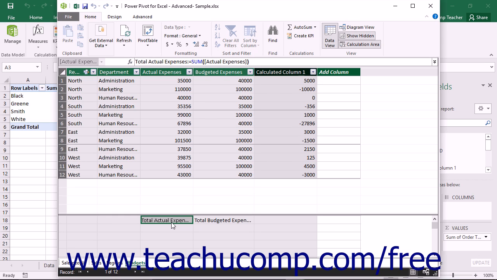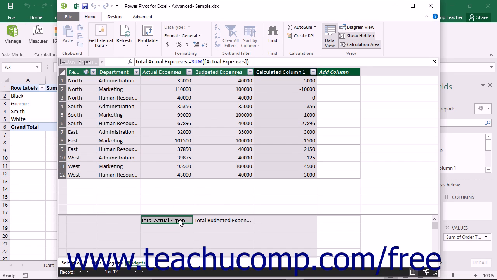For example, if you had departmental budget information within a table that had a field for actual expenses and budgeted expenses, you could create a KPI for the data based on these fields. In this case, you could define two measures in the calculation area of the table that were simple AutoSum values over the columns. In this case, the equal sum of actual expenses measure would be the base value, which would then be compared to the equal sum of budgeted expenses measure, which is the target value. You could then set the status threshold of the KPI to 100%,